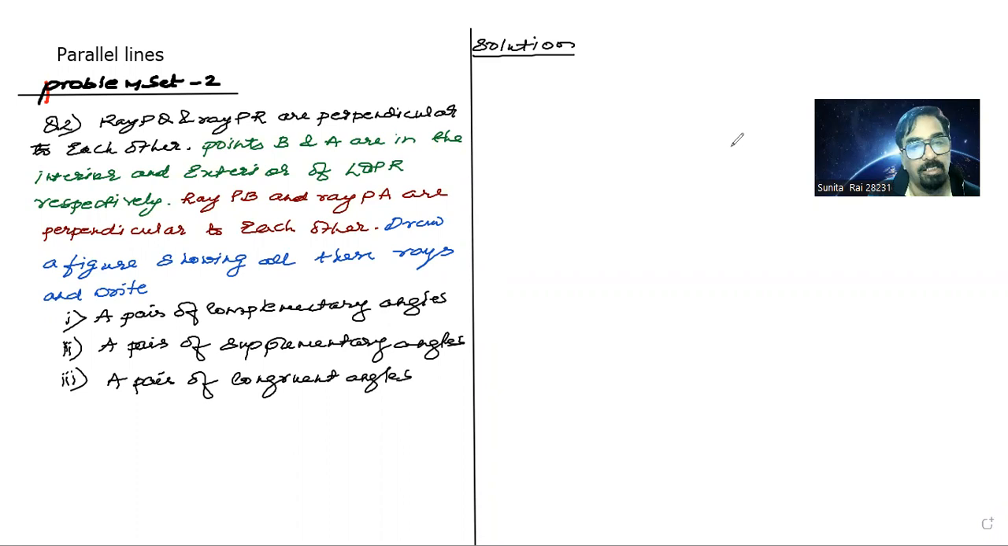We are doing the Standard 9 State Board Parallel Lines chapter, and today we are in lecture number 4. Now look at question number 2, children. Ray PQ and Ray PR are perpendicular to each other, correct? Then points B and A are in the interior and